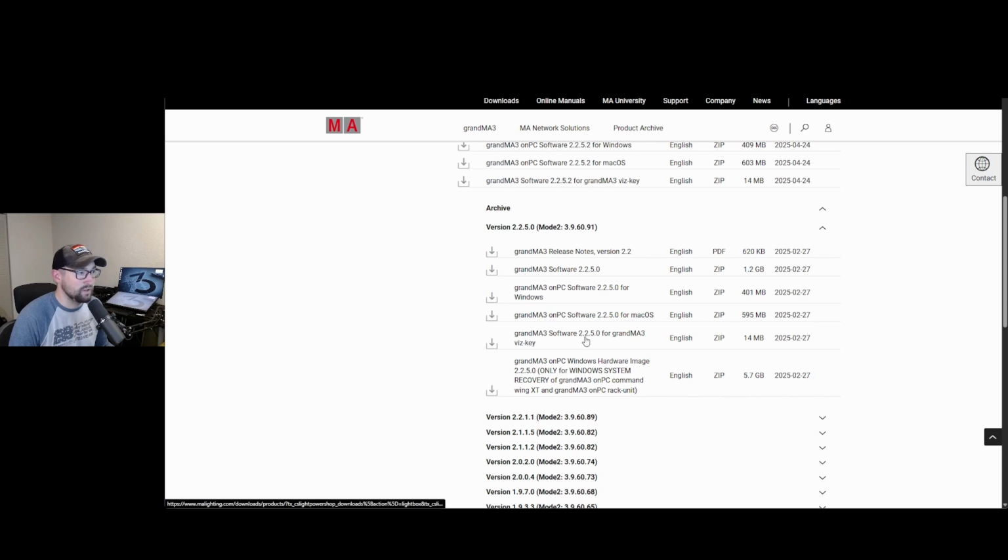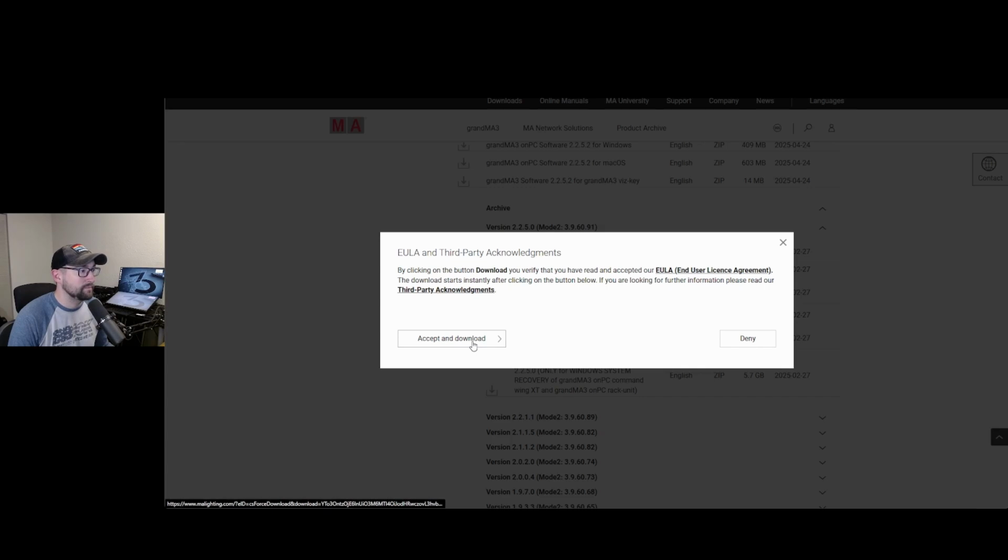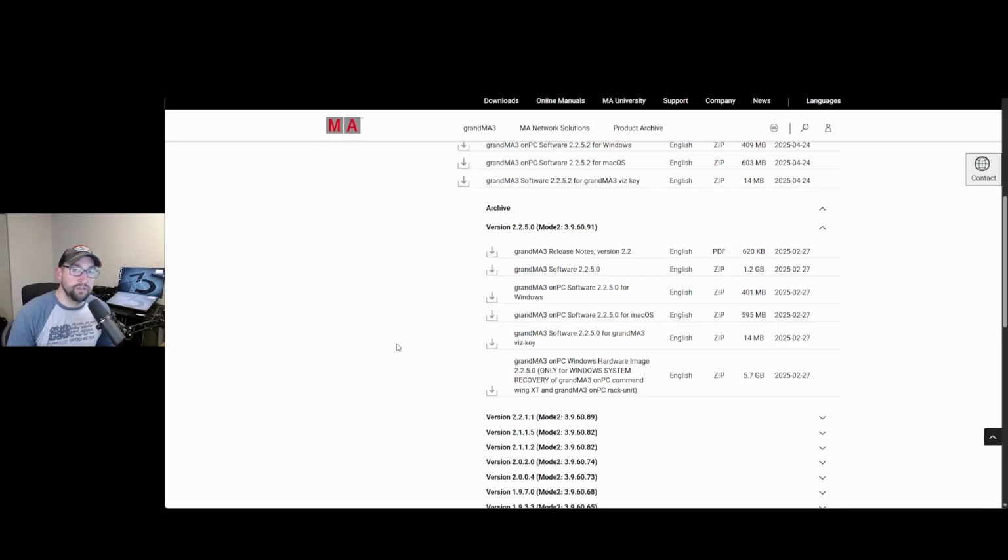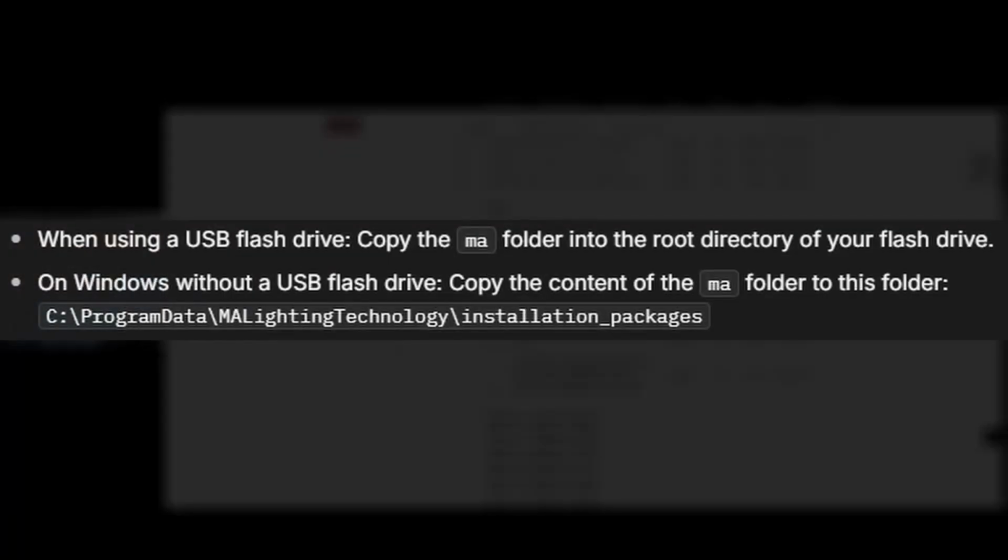First, we're going to download our GrandMA3 VizKey software. I'm using software series 2.2.5.0, so I'm going to download this one. Once you've got that downloaded, we're actually going to move it into a new file path. We're moving it to program data / MALighting technology / installation packages, or to the MA folder on your USB